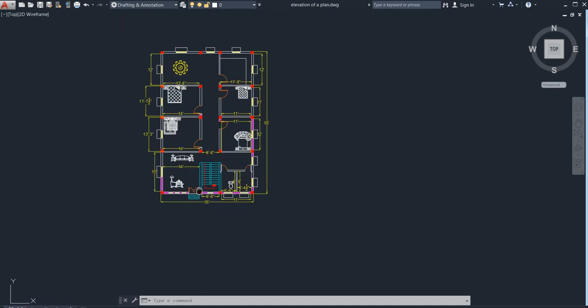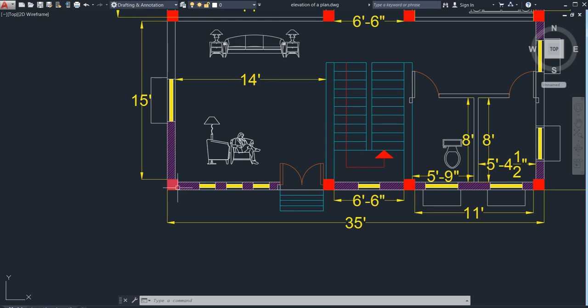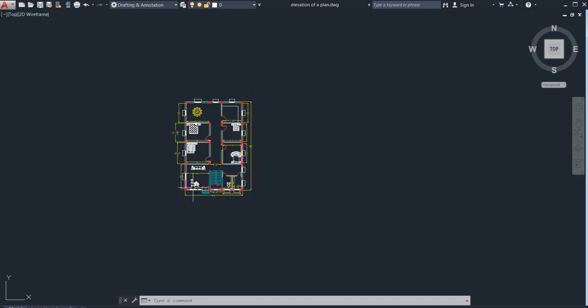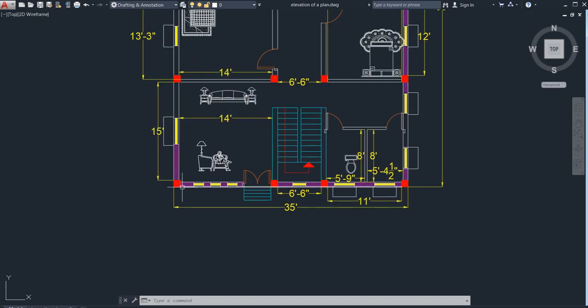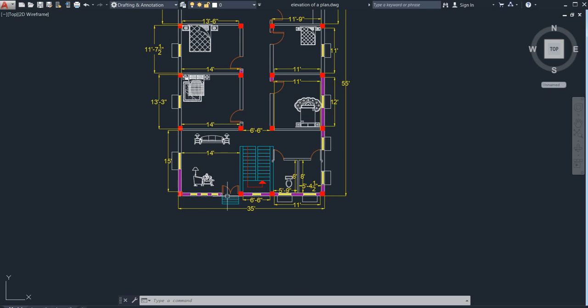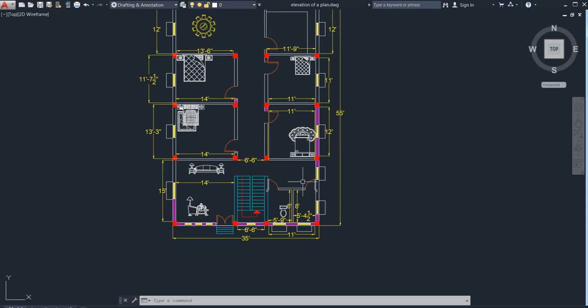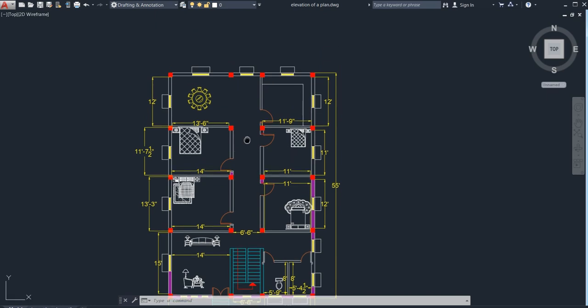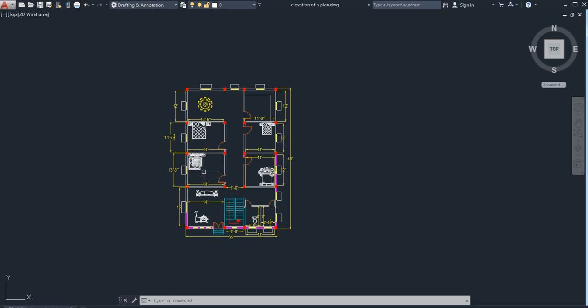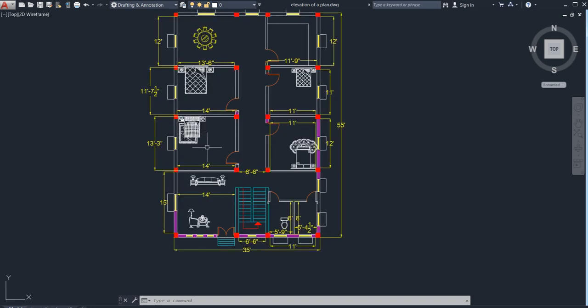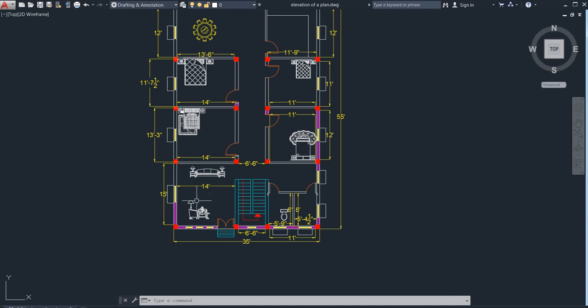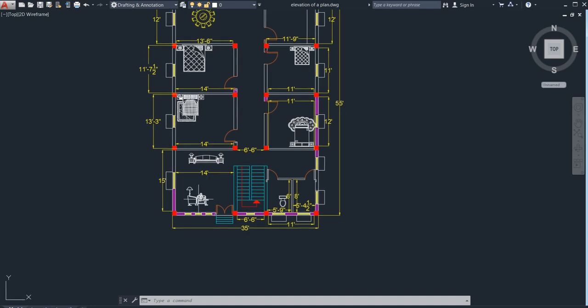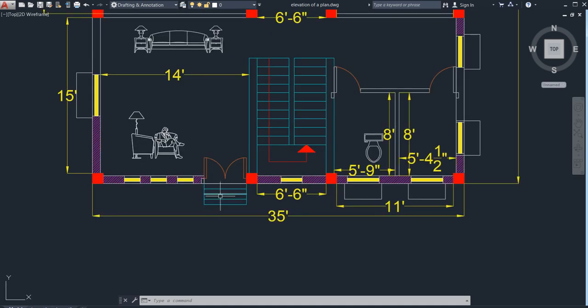Now the point is that these square red ones, as you can see, are our columns. In this building plan, how many columns are there? As you can see, 1 2 3 4 and 2 3 4 5, means a total of 20 columns. In this building, this is our hall and these are our furniture blocks as I have placed them here. This is our stair,